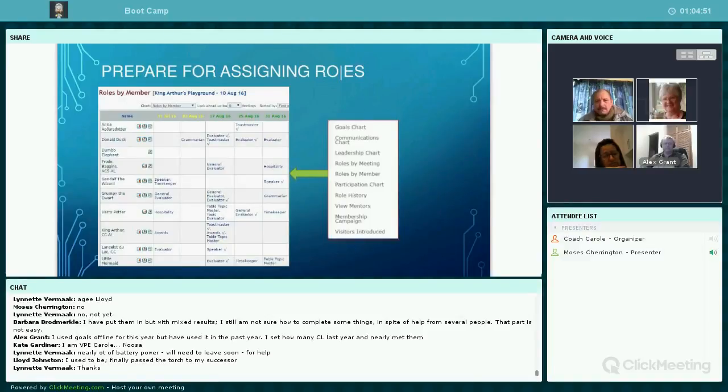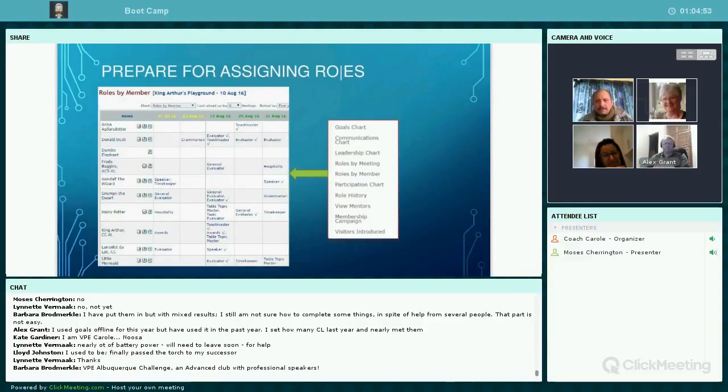For a start, have you used the roles by member chart prior to assigning new ones for your upcoming agendas? I certainly do for the clubs that I'm a member of and for whom I am a VPE.